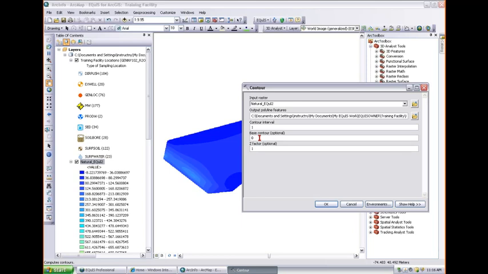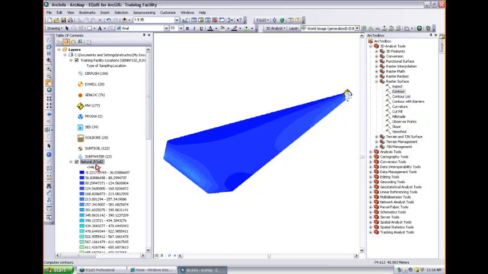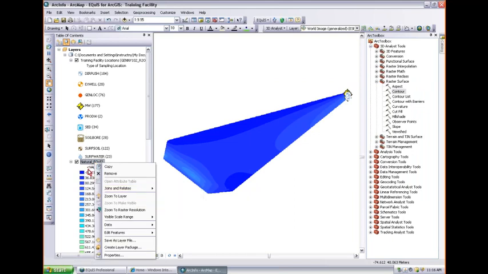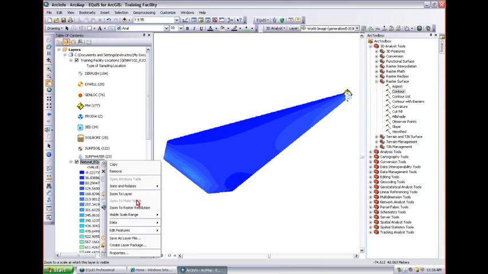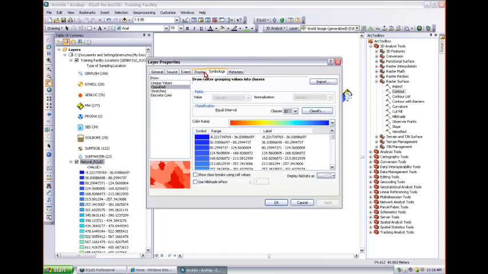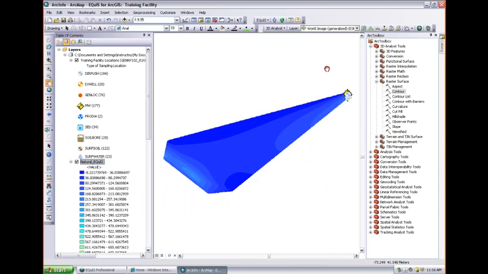Base contour, that's the starting contour. Again, you have to figure out what that is. It's not that hard to do. My voice is kind of going. If you look at this grid here, we can see in the properties some grid statistics where we've got it going from -8 to 1400. So if we go from 0 to 1400,